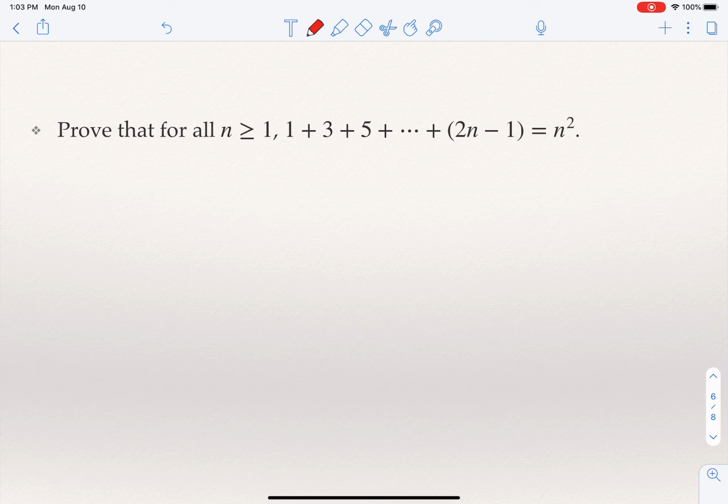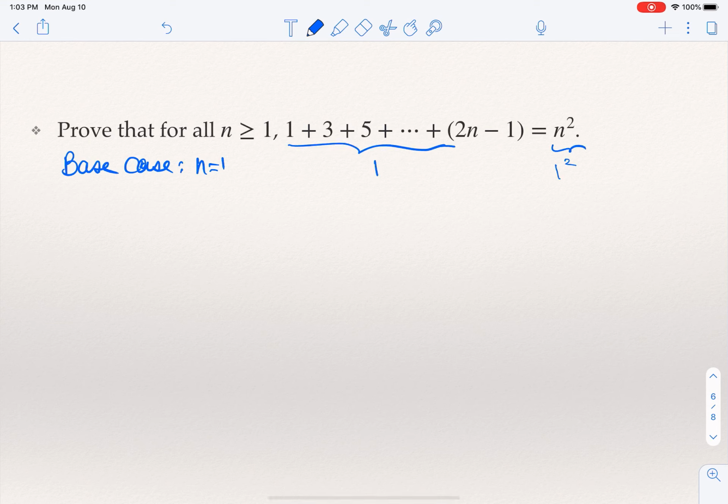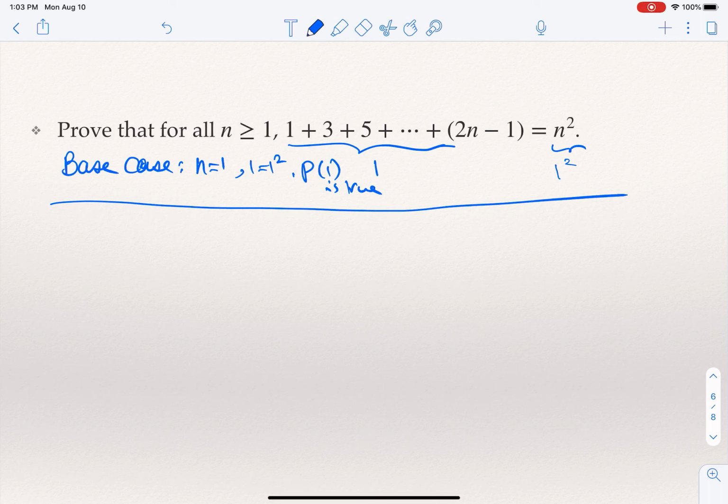If I want to show a different example now, let's take this: the sum of the odd numbers from 1 to 2n minus 1 equals n squared. And this needs to be shown for n greater than or equal to 1. So the base case is when n equals 1. The left-hand side in this case is 1. The right-hand side is 1 squared. 1 equals 1 squared. Therefore, P of 1 is true. Okay, so this is the base case. It's trivial. The inductive step: